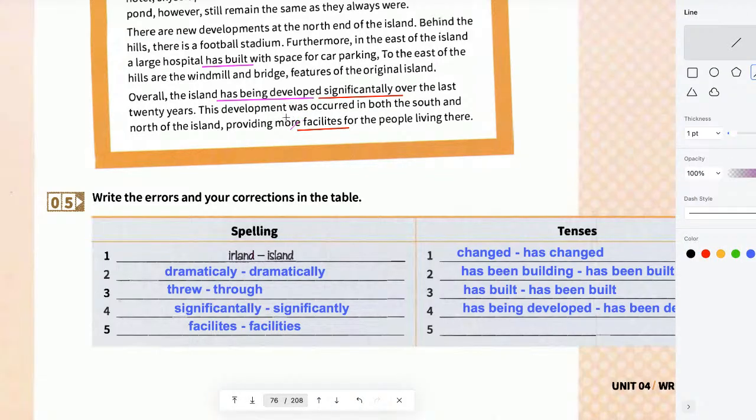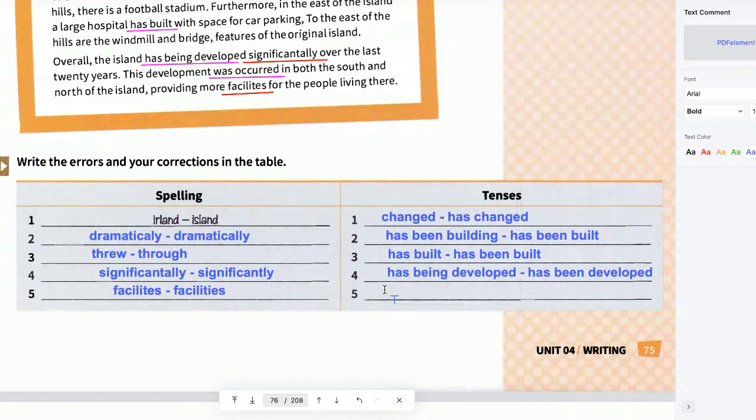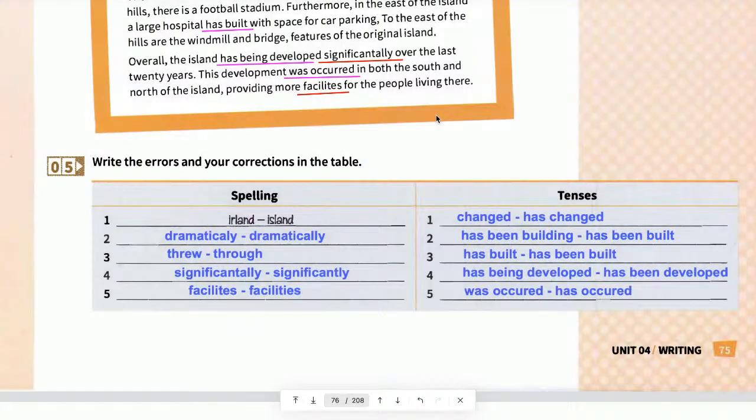No. So how can we fix this? No, not "is occurred." We don't say that one is occurred or was occurred. No. "Has occurred." This development has occurred